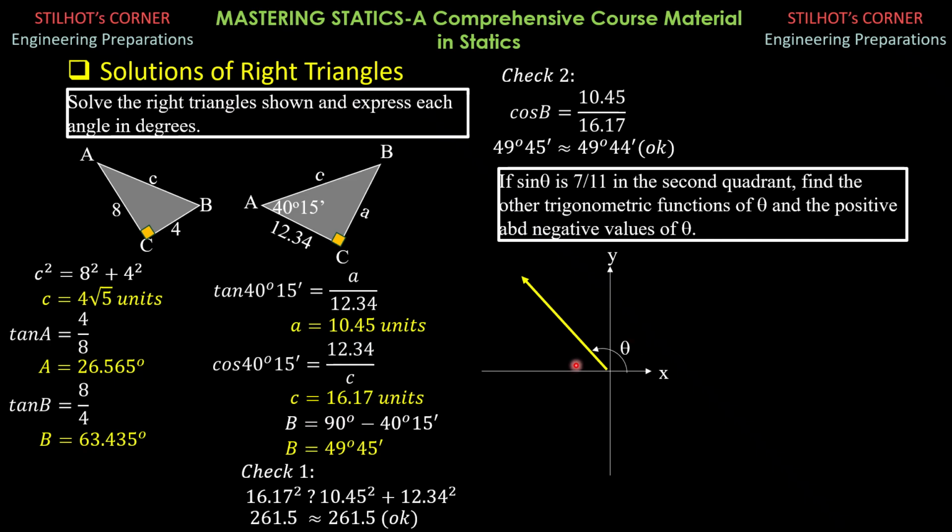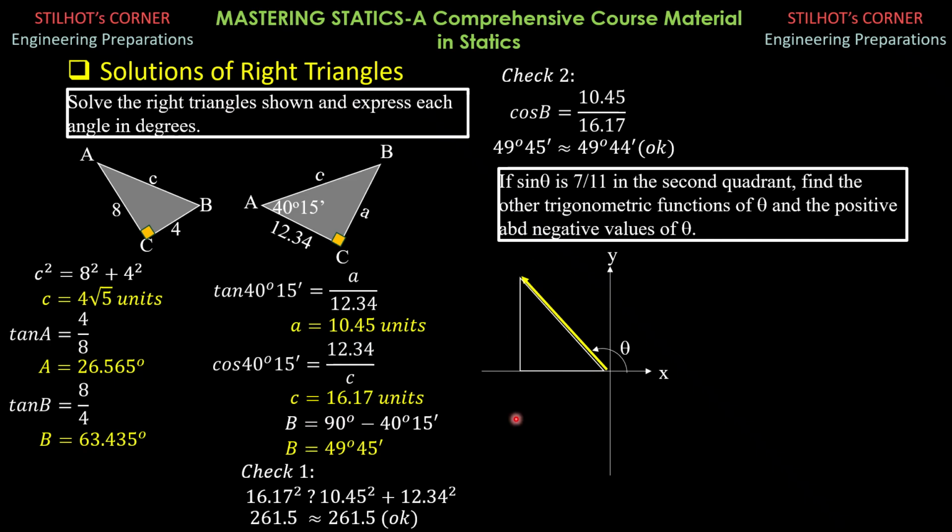The relationship is, after we solve for theta, the negative equivalent is you just subtract 360 degrees from theta and you will have a negative value automatically. From the figure, theta is in the second quadrant, so therefore it is an obtuse angle, more than 90 degrees but less than 180 degrees. So that should be the anticipation.